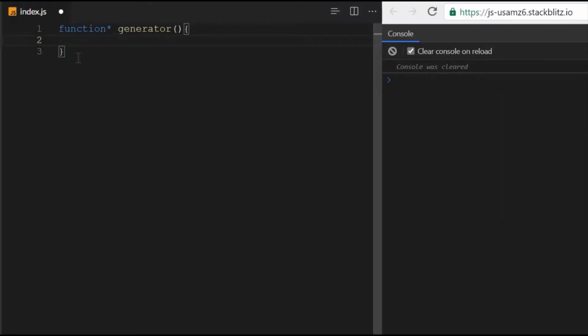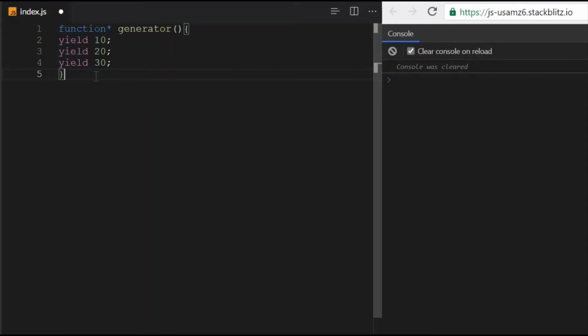We can write yield 10, yield 20, and yield 30. It's simple: in a normal function we use return, in generator functions we use yield. So this is returning 10 and it stops.